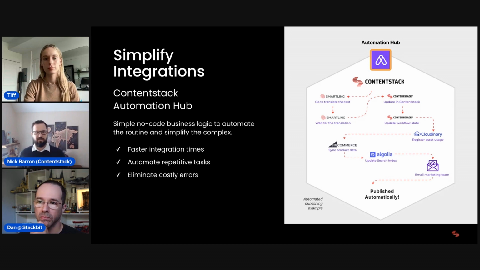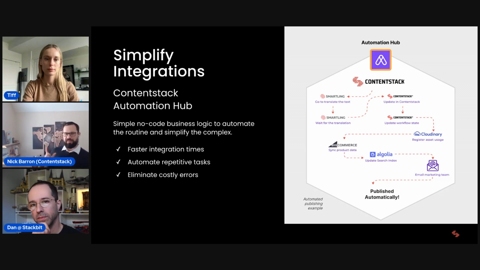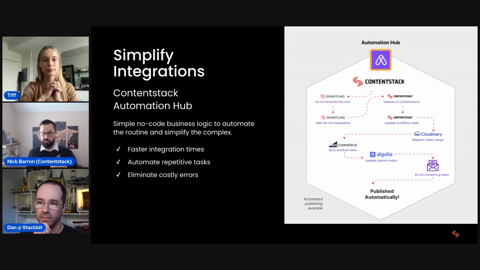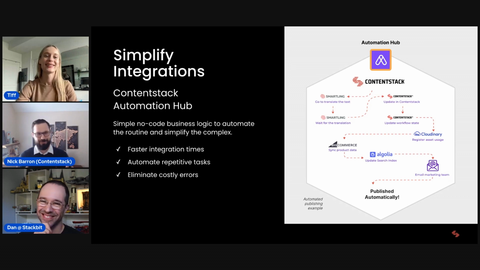So one of the examples that I really like is this idea of if somebody needs to create a piece of content that's related to a product from BigCommerce, that then needs to go and get indexed in an indexing platform. But before that, I need to pick my images. And at some point, all of that needs to get translated. I am a very forgetful person. I will forget automatically to do one of those steps.